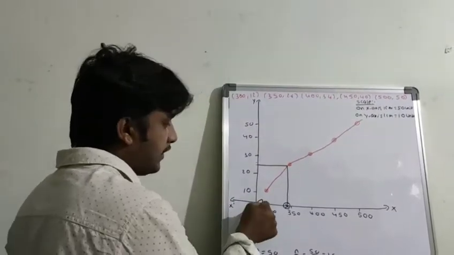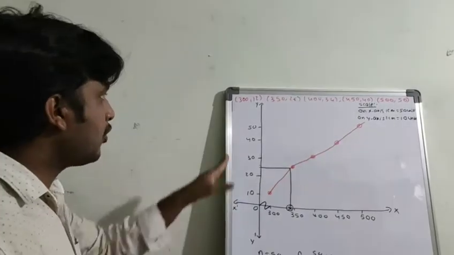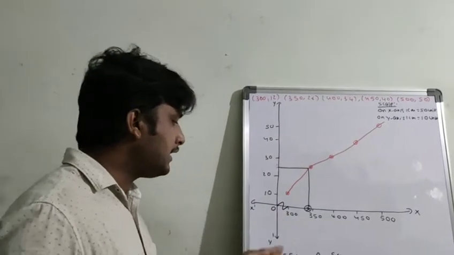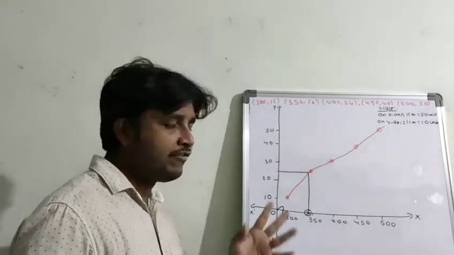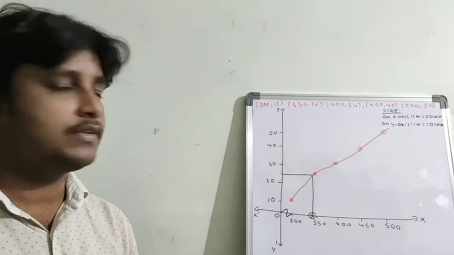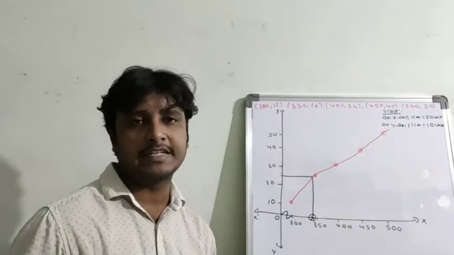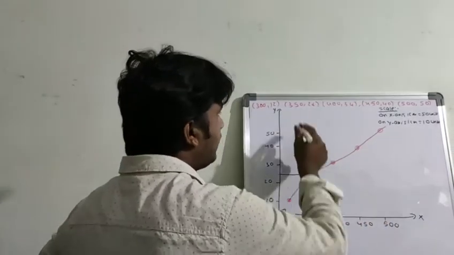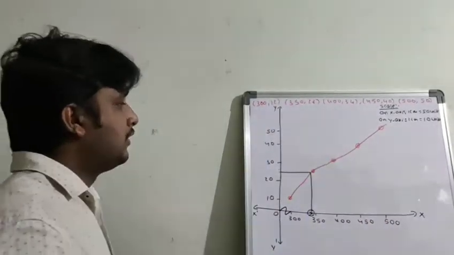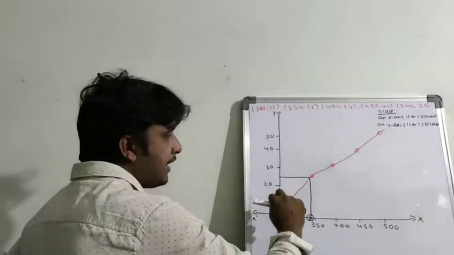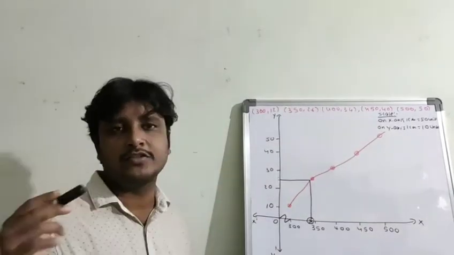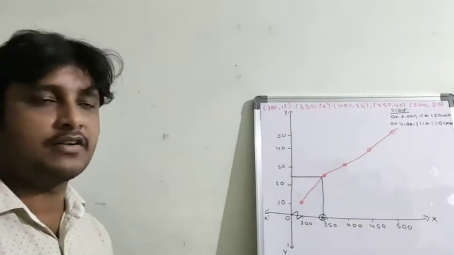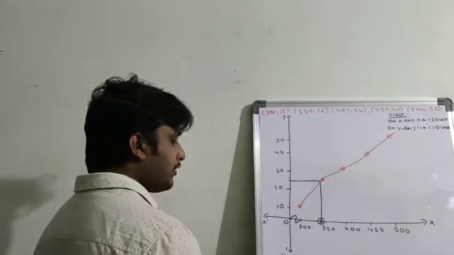Why is this symbol called the king symbol? Because I'm not taking from 50 onwards, I'm taking from 300. Whenever you are not starting from the beginning, you have to use this symbol. It is a very important symbol. So 300, 350, 400, 450. Plot the points according to the data, and draw the freehand diagram. That means with the free hand, without using a scale, you join all these points so that you get one curve.